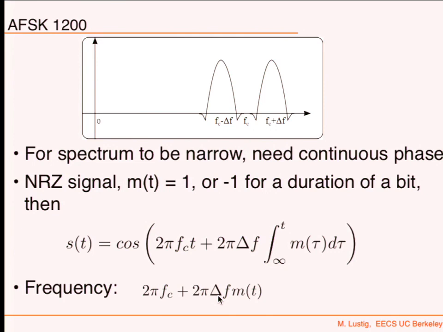Okay. So the spectrum of AFSK is actually hard to derive exactly, but when delta F is much bigger than the bit rate, then it looks like that. Okay, so 2 frequencies. The truth is that for AFSK 1200, that's not the case. The bit rate is actually higher than the distance between those two, so it doesn't look exactly like this when you look at the spectrum. Actually, the spectrum has a lot of stuff between them because of that. Okay? But part of the lab is to actually look at that spectrum.